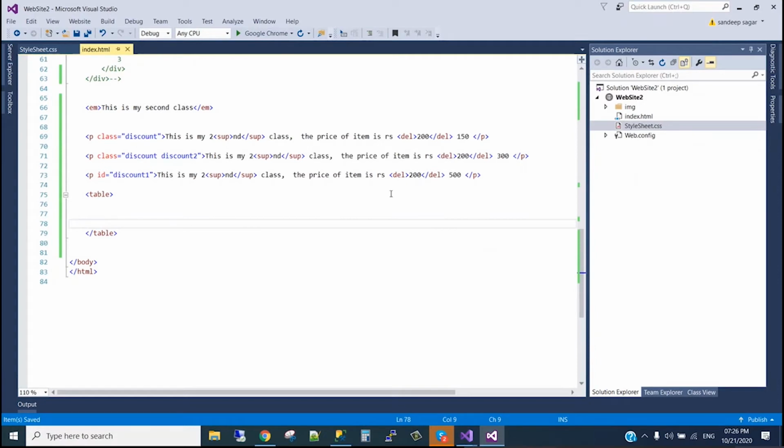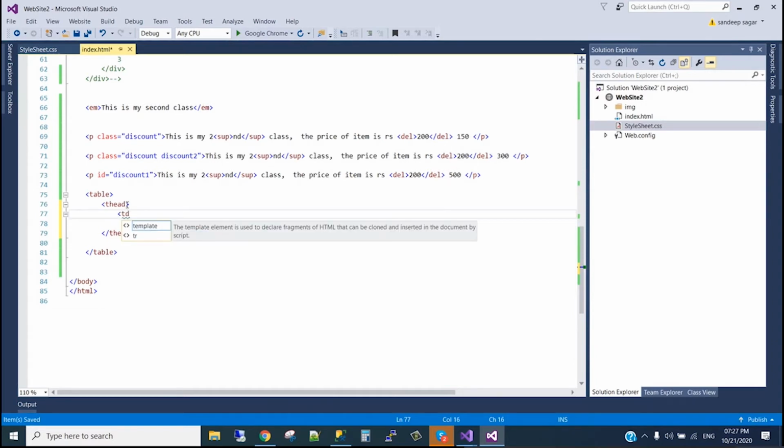So here we have sections of headers and also rows and columns. If we do thead, this is the header section. Td is for columns.